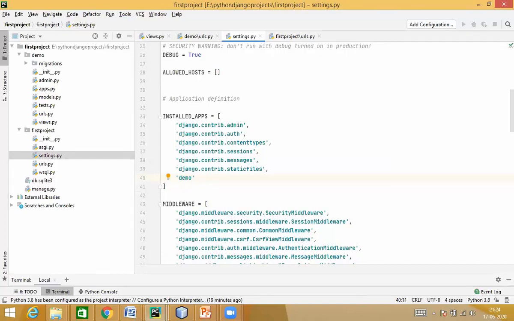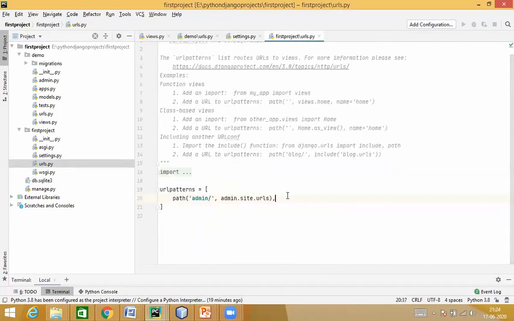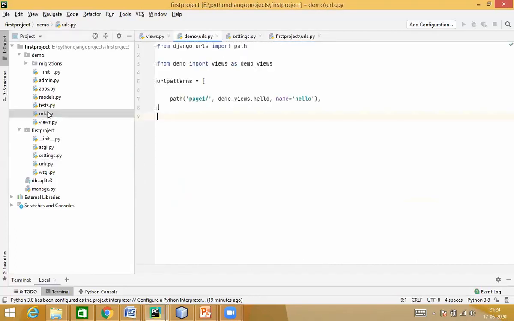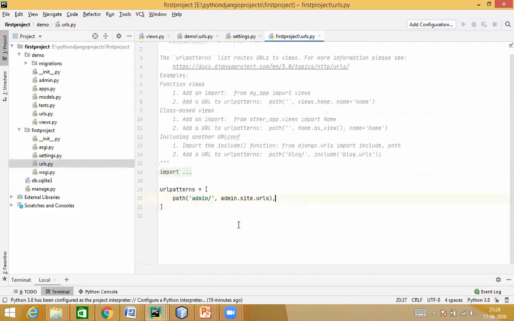This is required to be done only once. Don't be under the impression that every time you create a URL, you are required to do this. It is something you do only once. Once this is done, I'm also registering the path that I created. What I registered in urls.py in the app, the same path I'm just pasting here in urls.py in your first project.